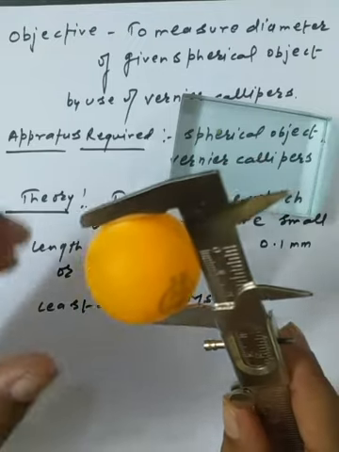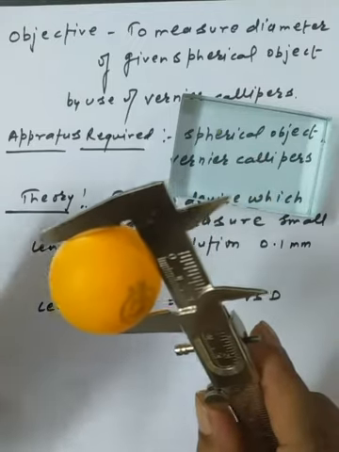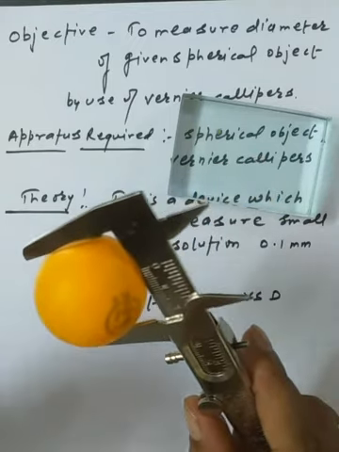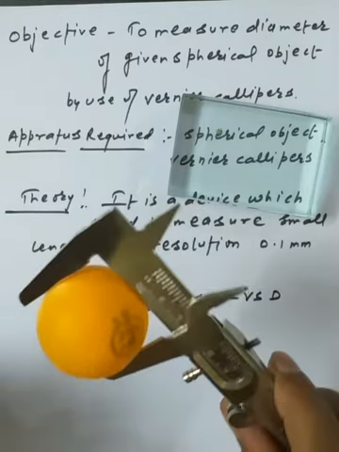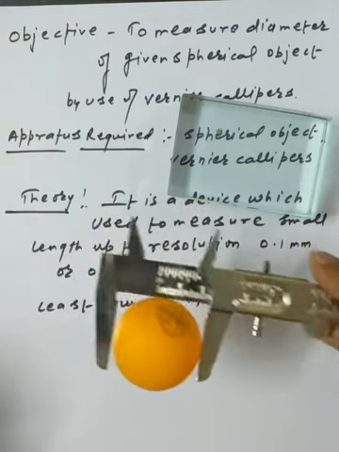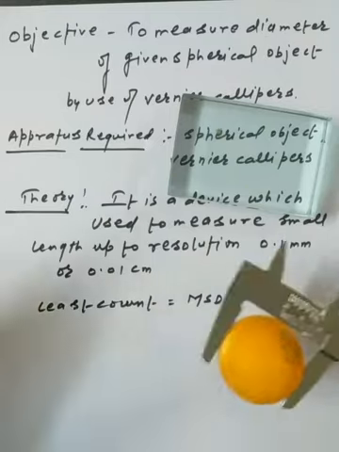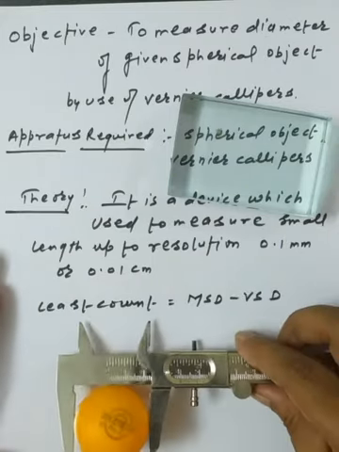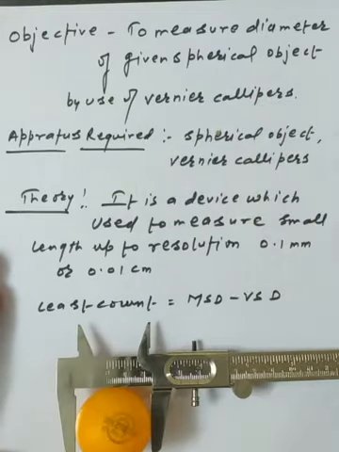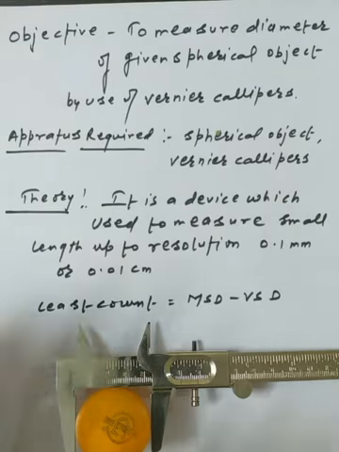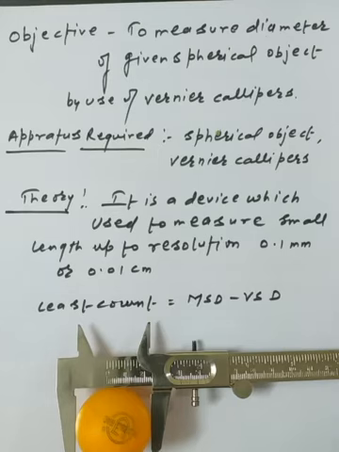It is a symmetrical body, so from any section if you measure the diameter, it comes out about the same. So what is the basic method I have used to demonstrate the practical? If you are using the book or any kind of practical record, it becomes very typical for you. So I am suggesting the basic method that you can use here in the specified manner.